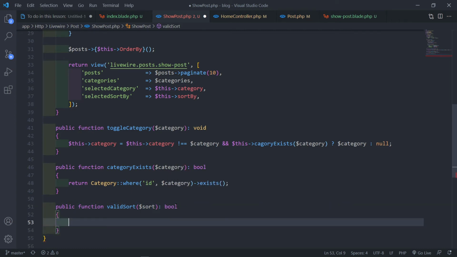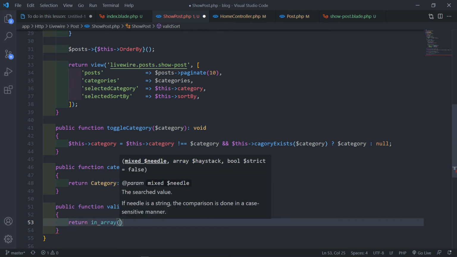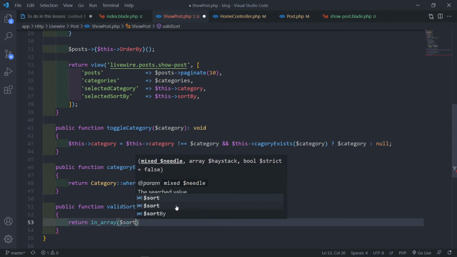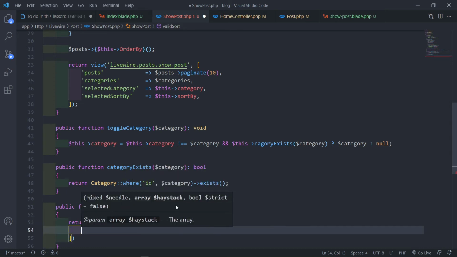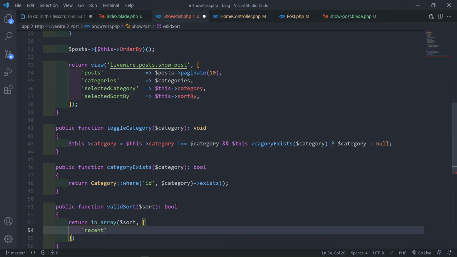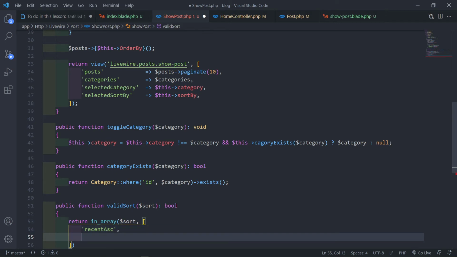We're going to return an array, basically the sort, and then we're going to check if it is a recent ASC or a recent DSC. So we're going to check that now, because we're going to do that sort by,